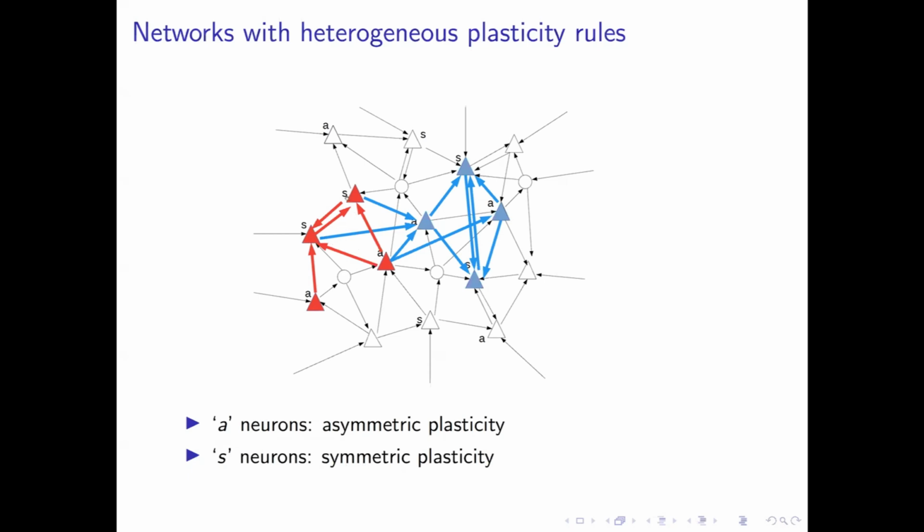Now, vice versa, you shut down these S neurons. Now the activity will move from the red state to the blue state, and so on and so forth, right? So you will tend to move along the sequence. So in a way, the A neurons are a bit like accelerators, like pushing on the accelerator pedal, and the S neurons are more like the brakes. They want to stay where they are.